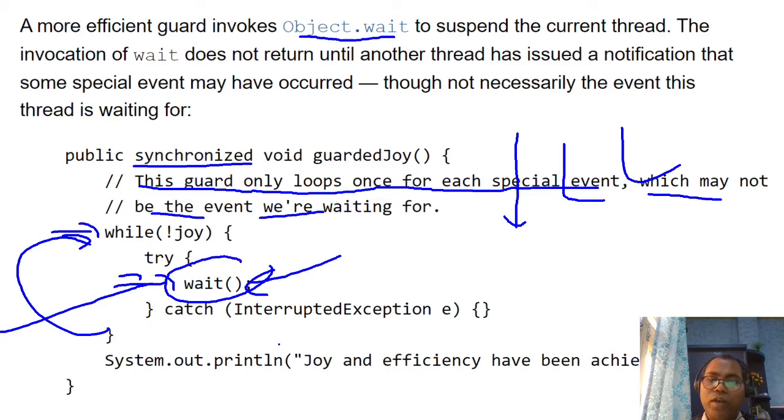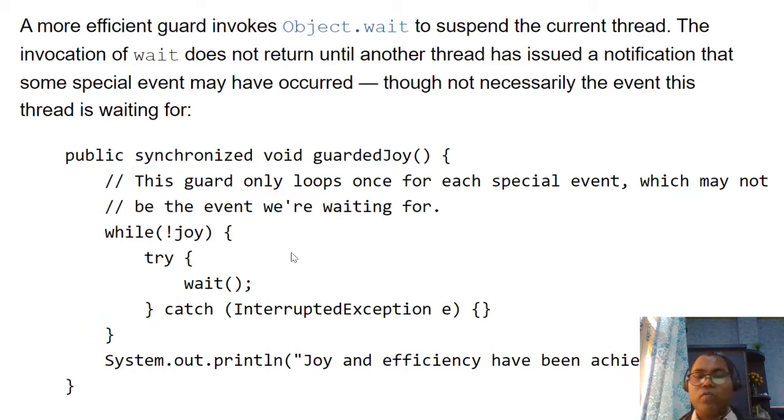When someone notifies me, I get a chance and continue. Please don't write any funny while loop and keep busying your CPU. Instead just apply wait so that your current thread execution can be suspended.